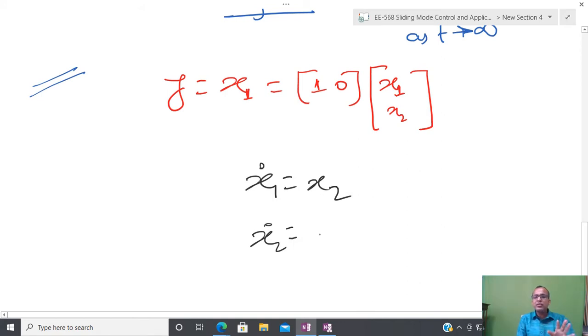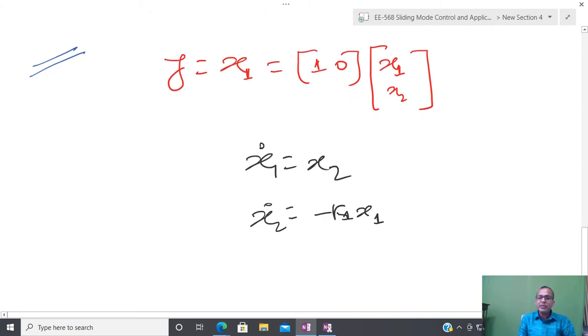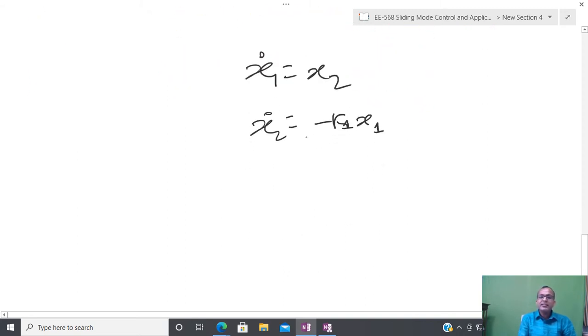I am going to use just the proportional term, K1 X1, only K1 X1. Why? Because X2 is not observable, X2 is not available, and due to that reason I am assuming that I have this kind of system. Now see whether it is possible to design some gain K1 such that the same objective is satisfied. If that is possible, then I can design just this control and I will be happy with only one sensor, a position sensor which measures the position. That is enough. So let us try to see the closed loop dynamics.